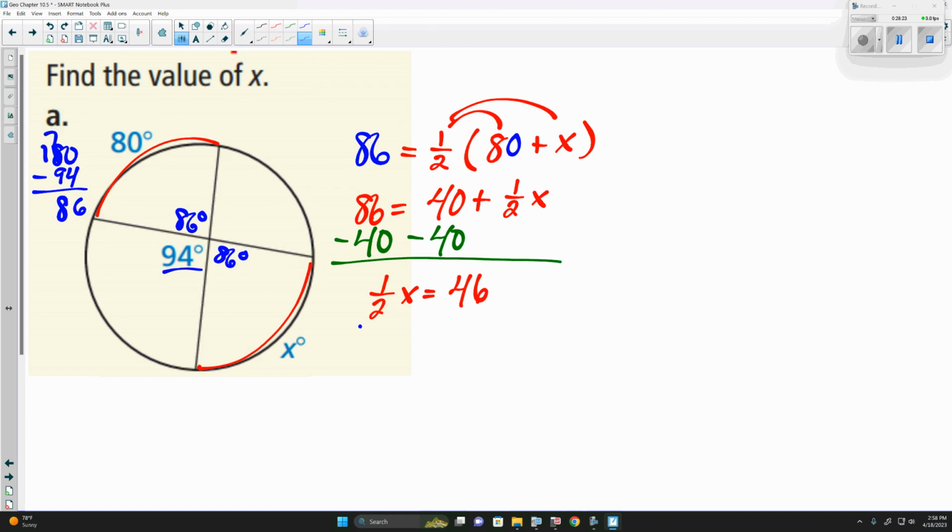Now at this point we can divide by 1/2, or we could multiply by 2. And this should give us